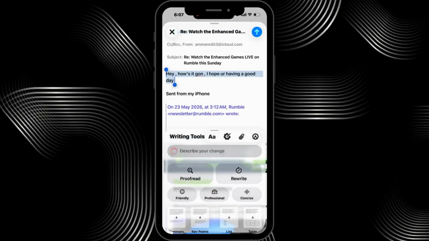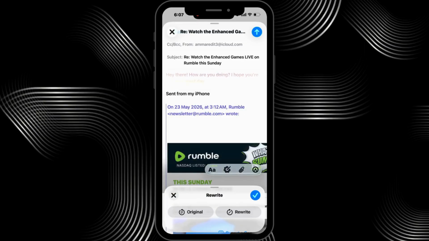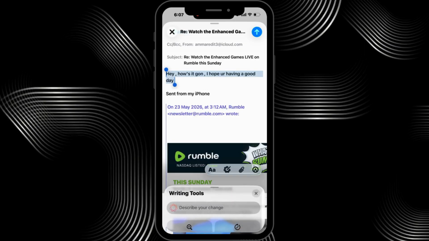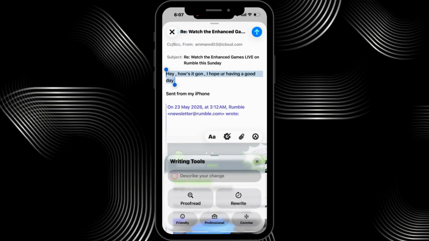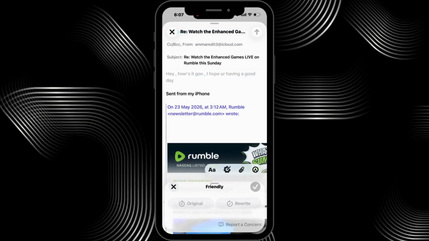You can also rewrite the email. Hit rewrite. Can you see? Voila. They used another framing. You can also change the tone, right? Maybe you want it to be more friendly. So choose friendly,